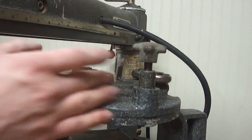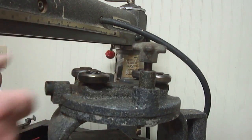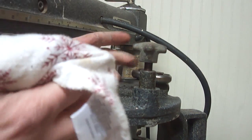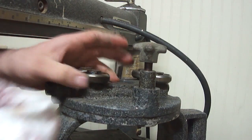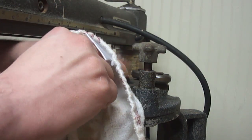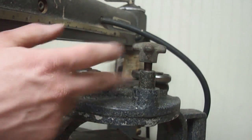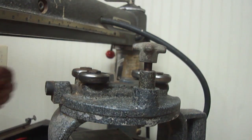inside the bearings. The idea behind this is that the solvents in the WD-40 will hopefully loosen up some of that old caked on grease and get it just a little bit more like normal grease. And then I can go ahead and wipe off the excess. And I'll just sit here and spin the bearings for a little while, and I will do that same thing